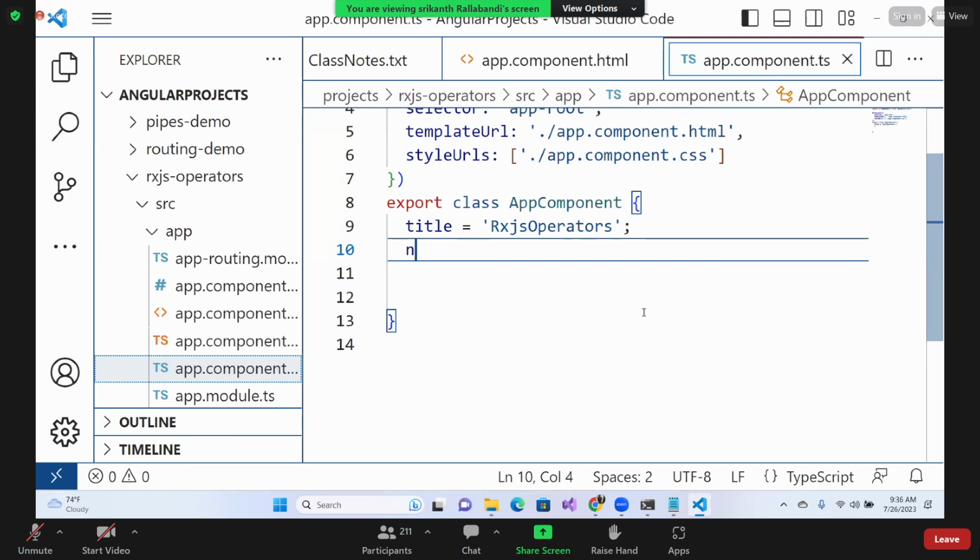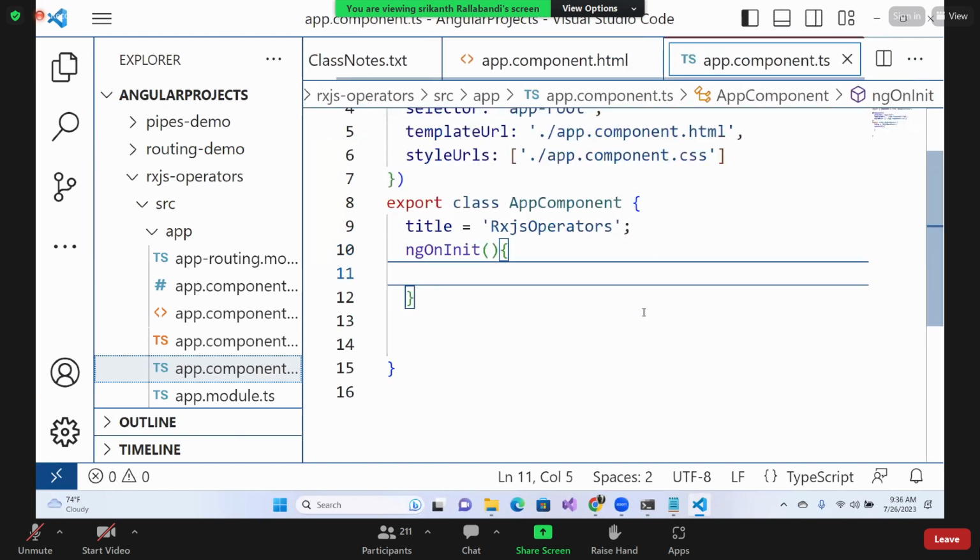Now what I can do, I'll be using, let's say, ngOnInit. In ngOnInit, I'm going to prepare the data. I don't want to create any kind of service right now. I'm using the observable and subscriber, everything in the component itself, because how a component communicates with a service, how to fetch the data, how to share the data, all those parts you people have already learned about. So that is the reason. I'm going to prepare the data. Let obj is equal to,